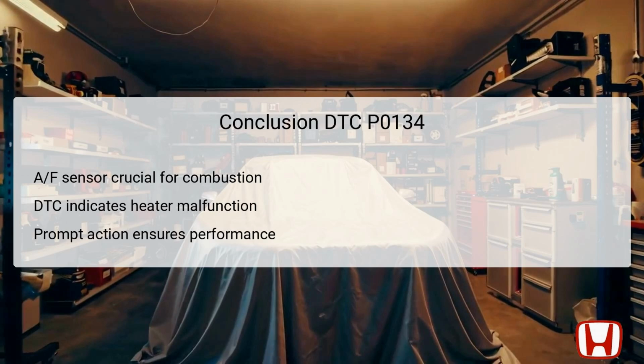Understanding the role of the AF sensor, the causes of failure, and the symptoms that arise is crucial for effective troubleshooting and repair. Prompt action upon detecting issues not only restores vehicle function, but also enhances engine longevity and minimizes environmental impact. Regular preventive maintenance will further safeguard against similar faults, ensuring that the vehicle remains in optimal condition for both performance and compliance with emission